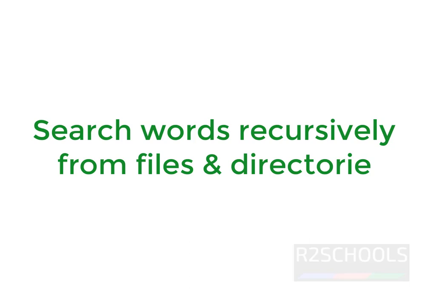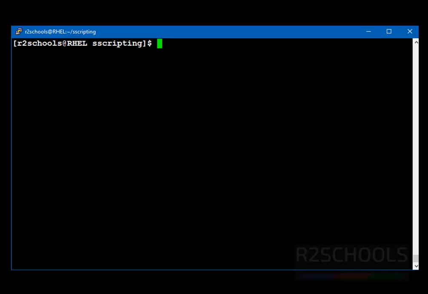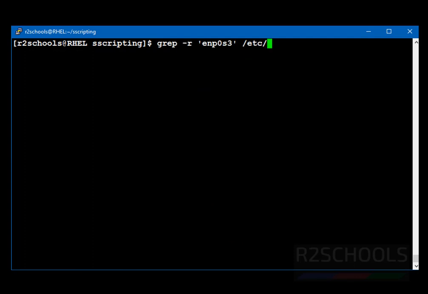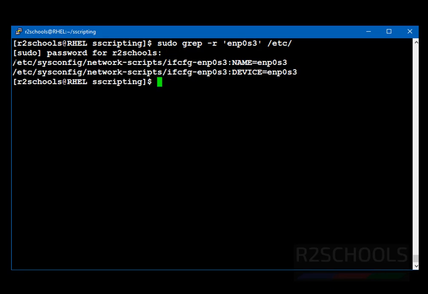Next example, we are going to find the word recursively in a directory by using grep -r, then the word enp0s3 from the configuration directory, that is /etc. We got the permission denied error. So the solution is, we have to use sudo grep -r enp0s3 then /etc. Provide the password for the sudo user. See, it's present in 2 files.